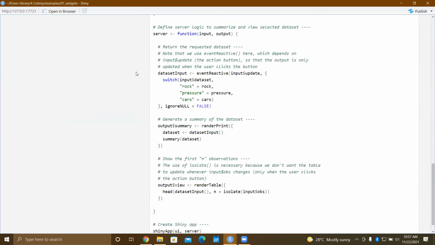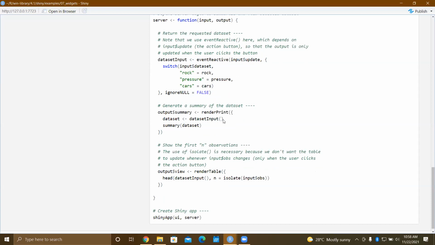I selected pressure, so it will get dataset input as pressure. This is similar to observe event. Observe event executes a piece of code when we click a trigger button. In event reactive, it gives a reactive function to a data set or data input, and you use it similarly here with a function, since it is a function now.